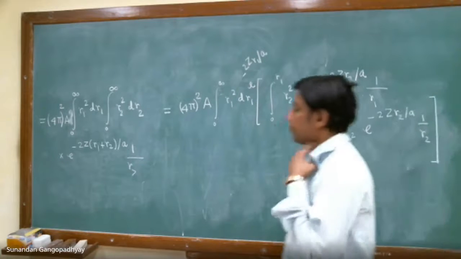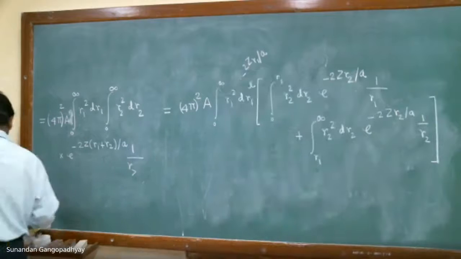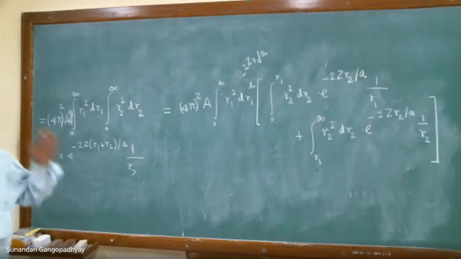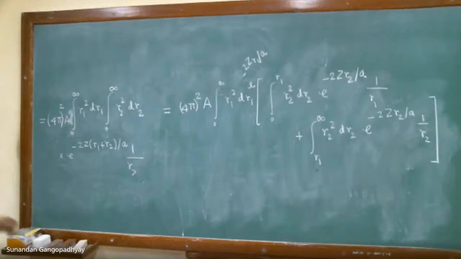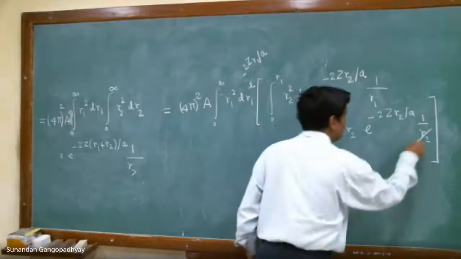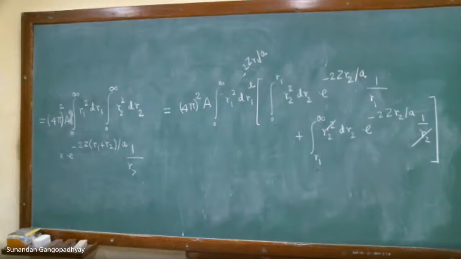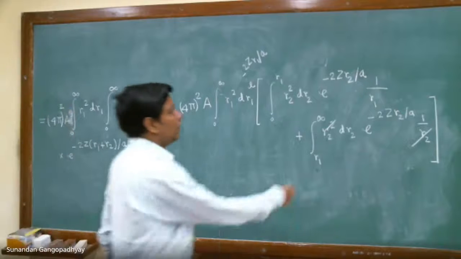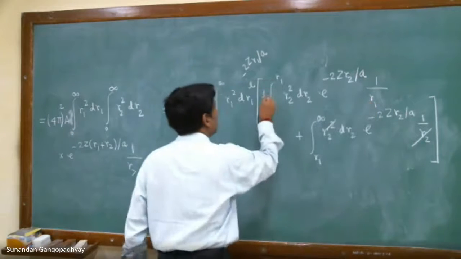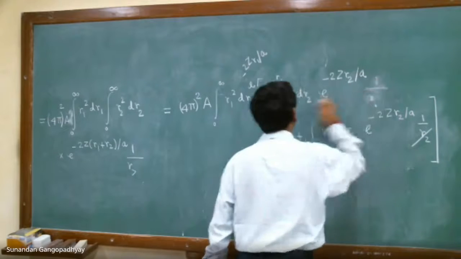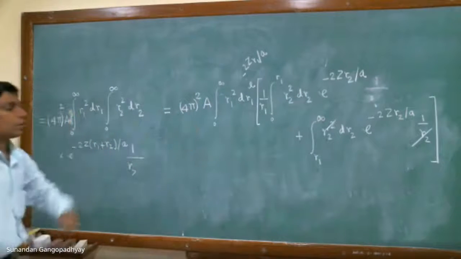So this is what we have to do. These are the integrals that we need to perform. You can immediately see that this R2 and this R2 will cancel. So this will give us just R2 dr2. This R1 you can take outside the integral. It does not bother us because this is an integral over R2. You can take it outside.